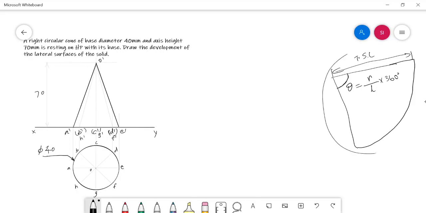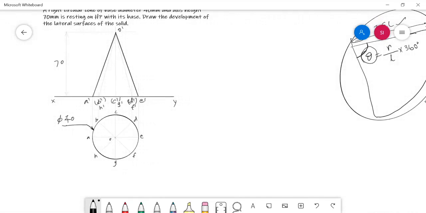Any cone's development is simply a sector. In order to draw this sector, we need these two data, the true slant length of the generator and the theta value. After finding these values, we can start to draw this sector.